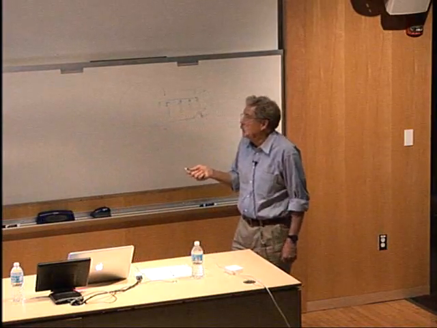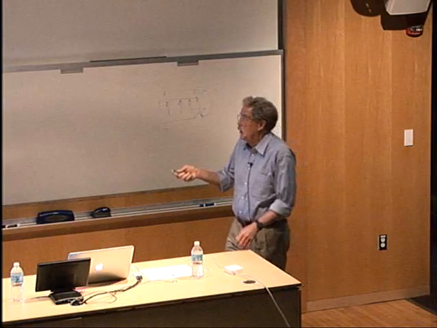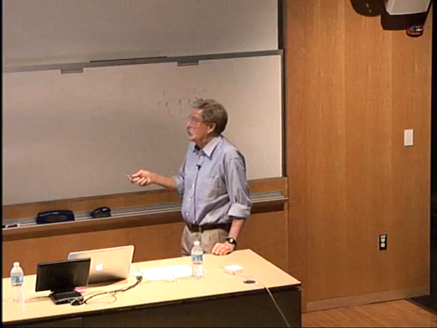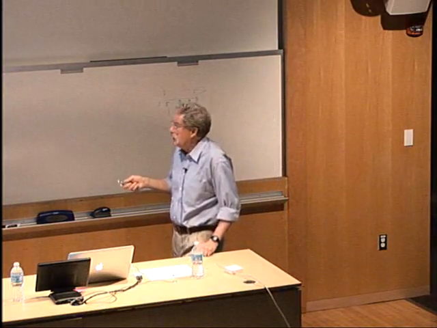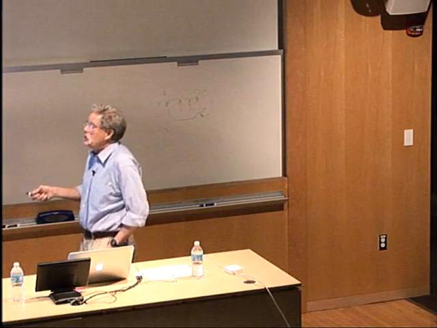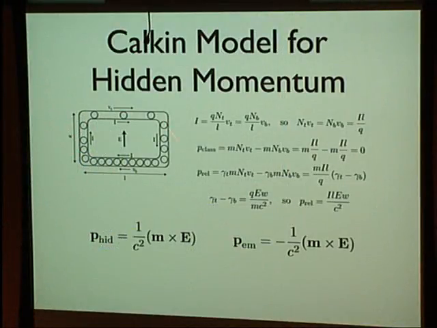I call it the Calkin model for hidden momentum because that's where I first encountered it, in a paper by Calkin, although I think it goes back to Penfield and House, a book by two guys at MIT somewhat earlier. But here's the configuration. Suppose that I have a rectangular current loop here, and this is carrying a uniform,